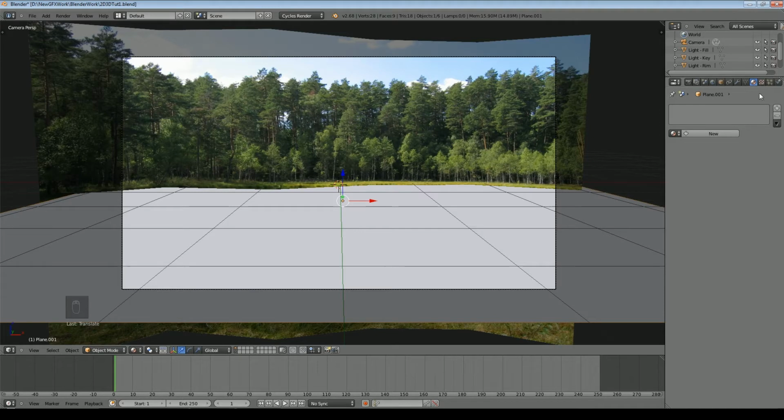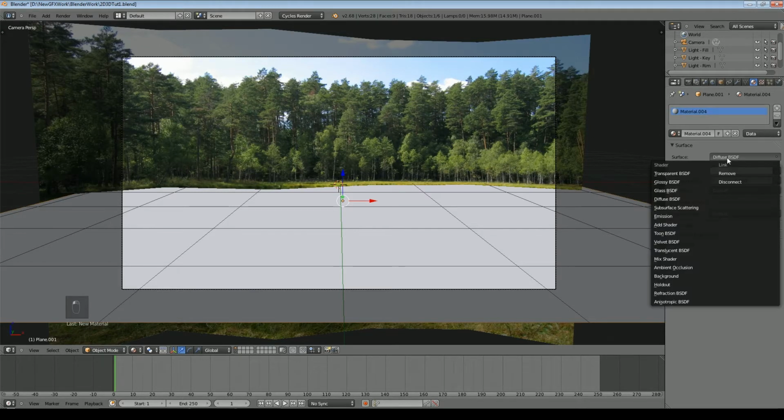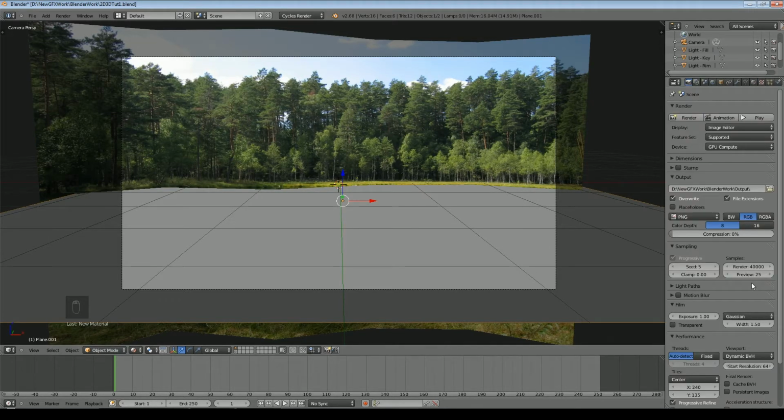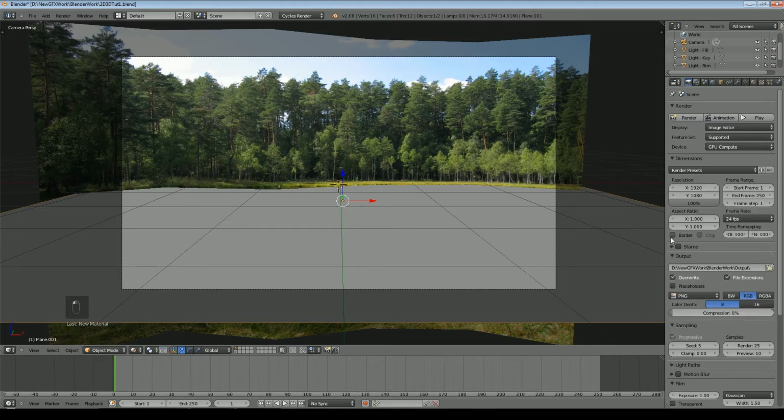So here we go, and I'm going to add a new material, and it's going to be a glossy. I don't need to see through this water. Unless you've got polarized glasses on, you can't see through water at this angle anyway. We'll just leave the defaults as they are for a moment, and we'll come over here. I'll set my sample render to 10 and my full render to 25. And I'll put border on, which means it doesn't try to render what's out here. So let's give that a render and see what it looks like.